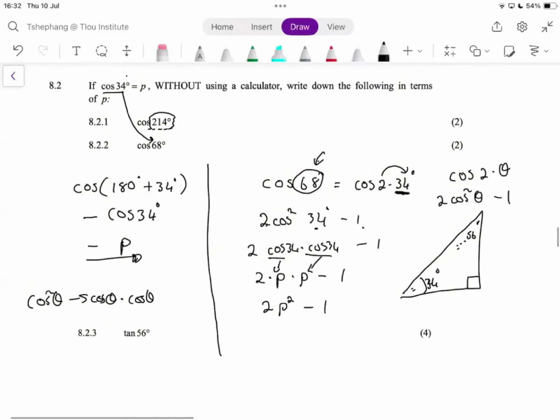Now cos was how much? Cos was p over 1, which is the adjacent side. And then it's easy for us to find what this is. And that is simply going to give you what? 1 minus p squared under a square root. Please, I repeat, do not be tempted to say that this is 1 minus p. Doesn't work that way.